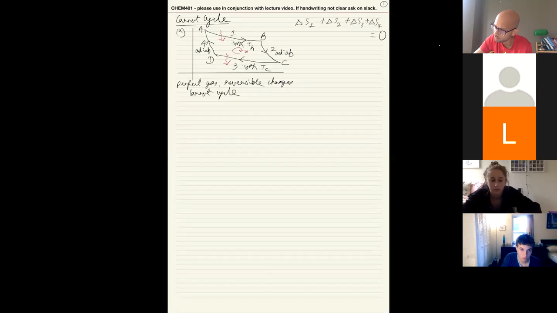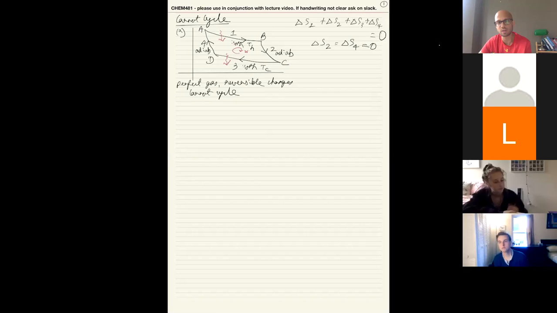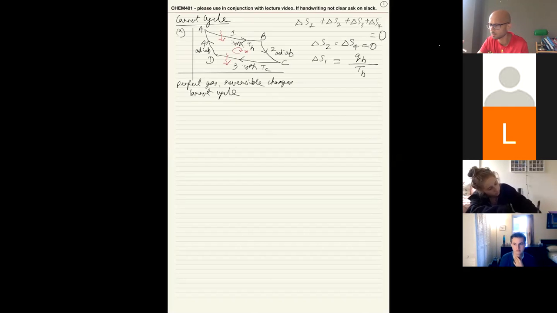So in this one, delta S2 and delta S4 are 0. Why? Because it's an adiabatic change happening reversibly. Both of those statements have to be true. That's why delta S2 and delta S4 are 0. We now need to think about delta S1 and delta S3. Delta S1, we wrote down, is going to be the heat that you take in, QH, divided by temperature TH. There is no integral here because this is an isothermal process. And once again, I want to drive home that just because it's an isothermal process doesn't mean heat is 0. There is heat being taken in.